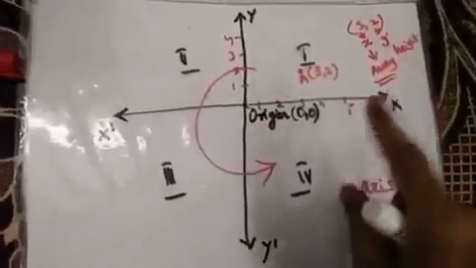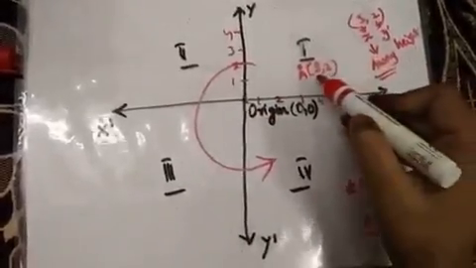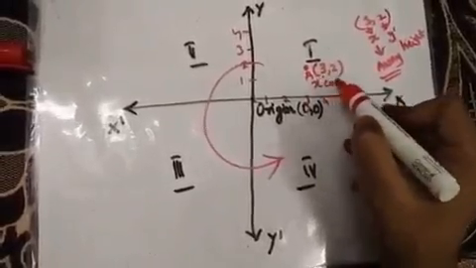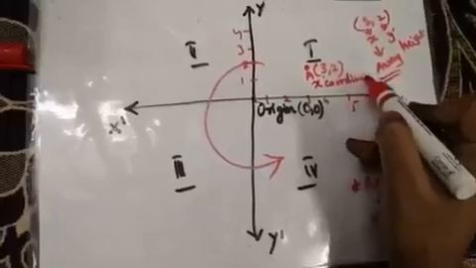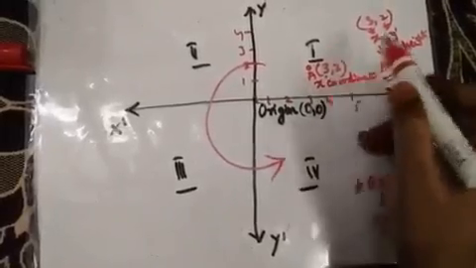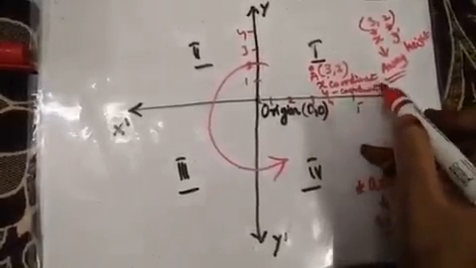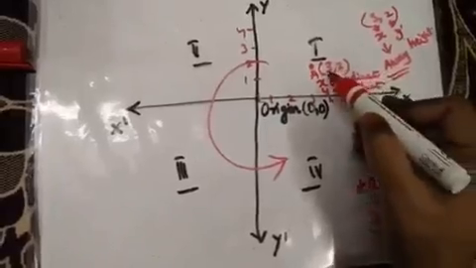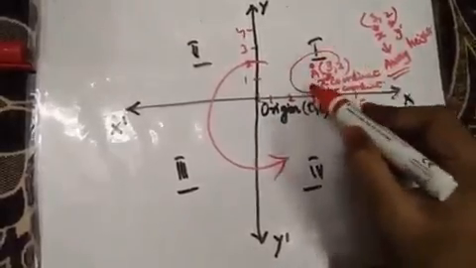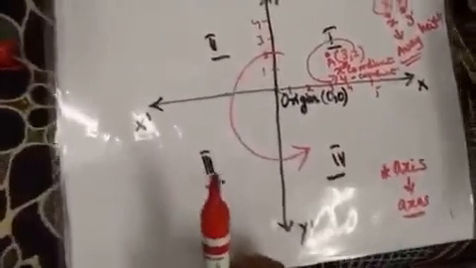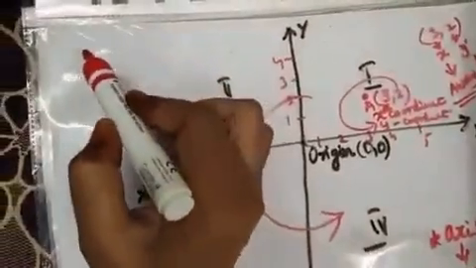And what is the first name for this one? It is x coordinate. What will you read it as? X coordinate. And the second number, the second digit, is called y coordinate. Okay? X coordinate and y coordinate. This is x and this is y. Done? Now, there is another name which is also used for x coordinate, and it is called abscissa.